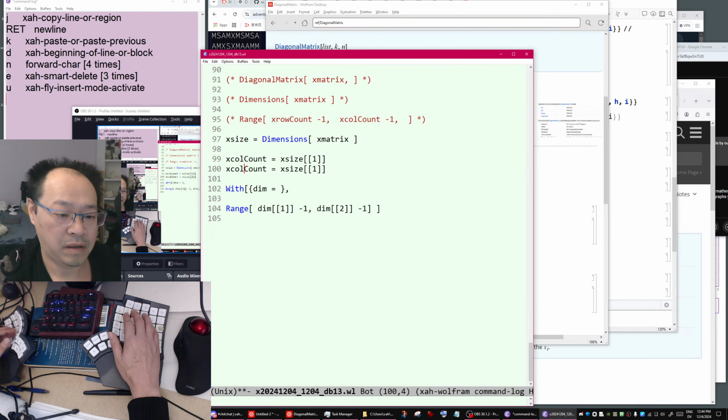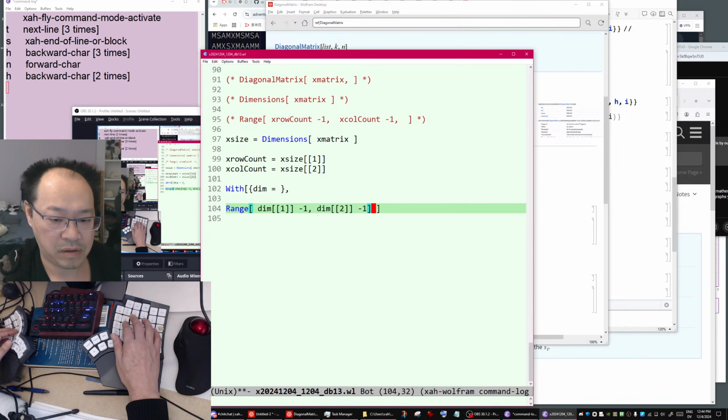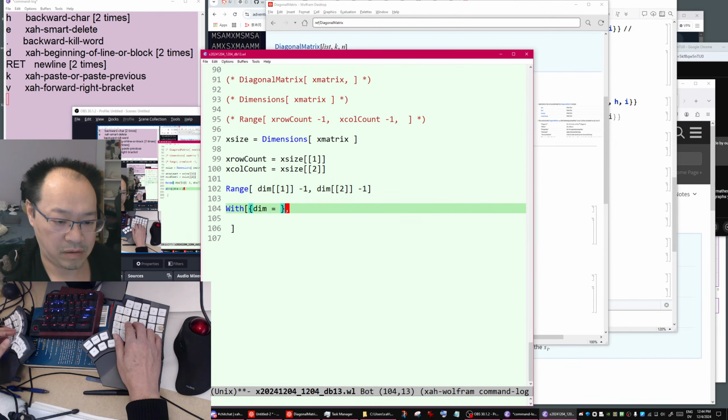This is row count, column count, then this range is just... now it's simpler. Remember, you need to minus 1, okay? Wait, what, 9? Show all results.